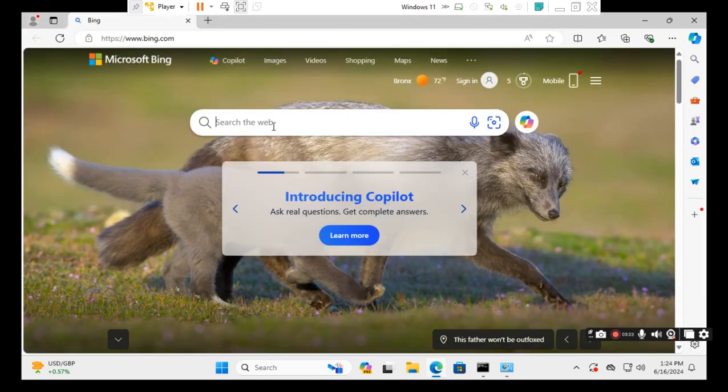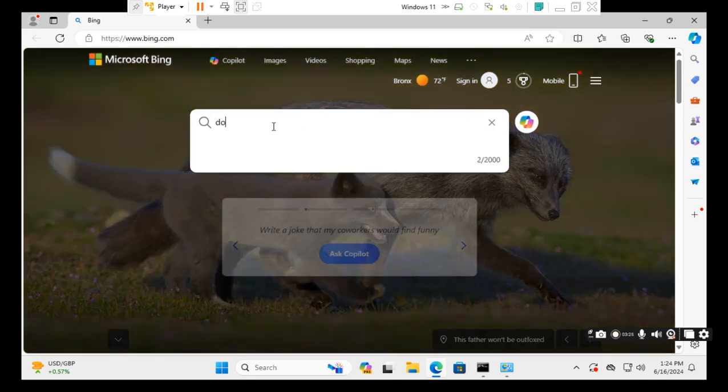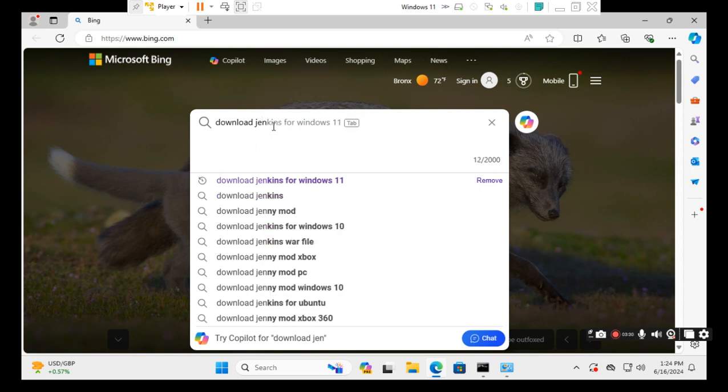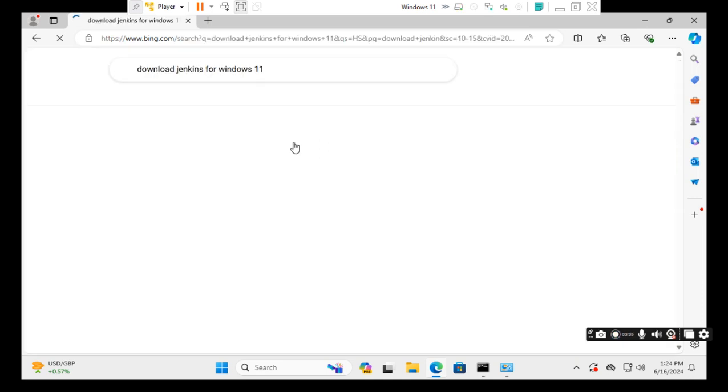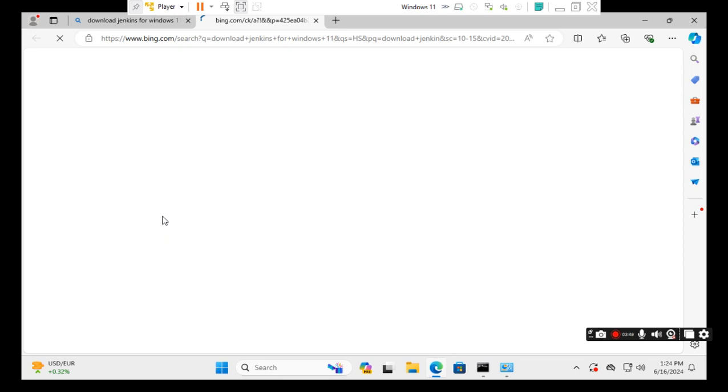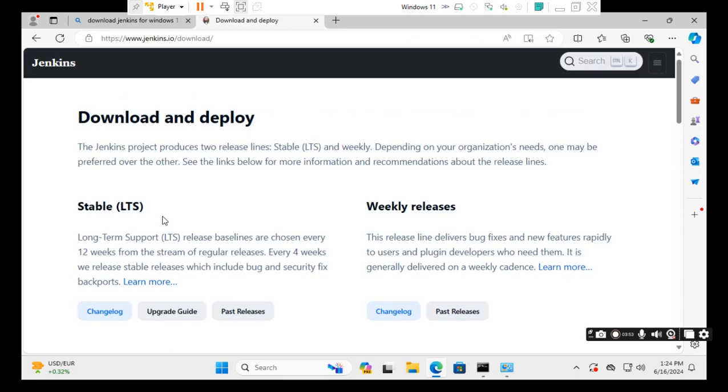So this is Bing. Download Jenkins for Windows 11. This is the home page for Jenkins. This is the official website for Jenkins. So I will click on downloads. And it says